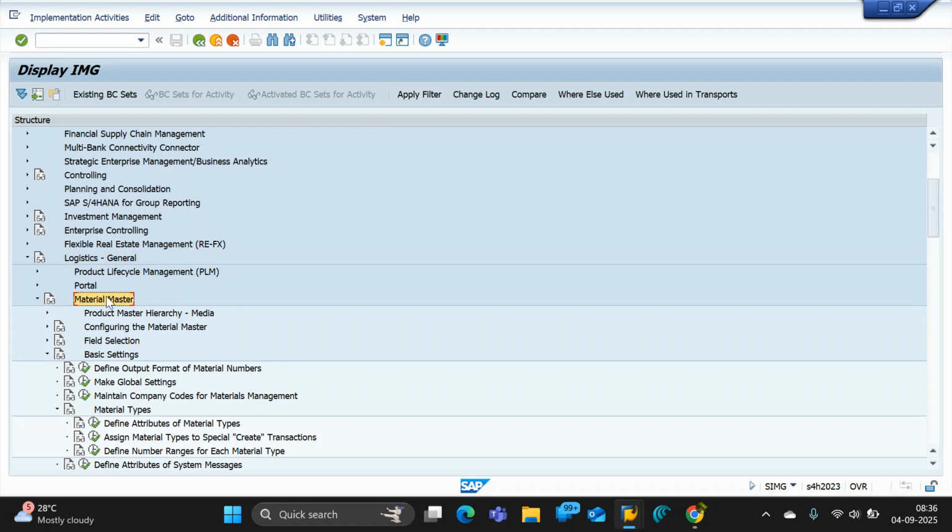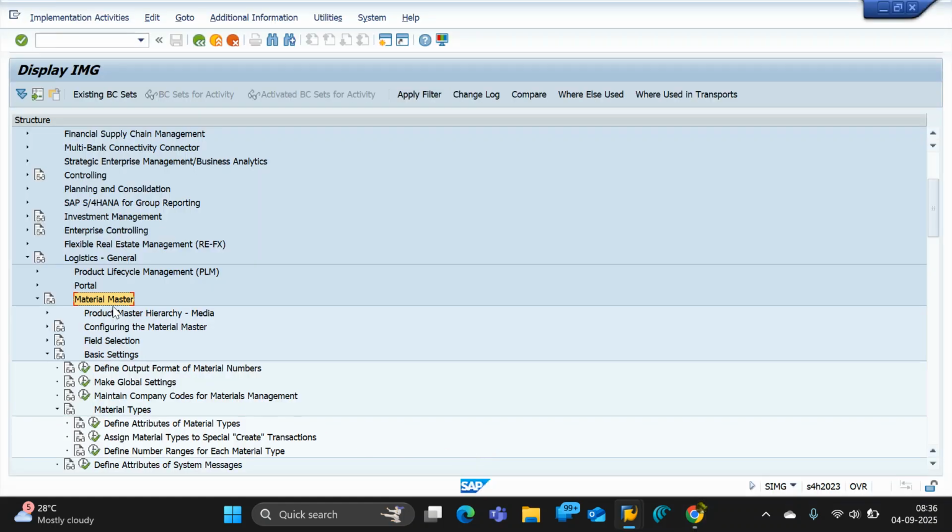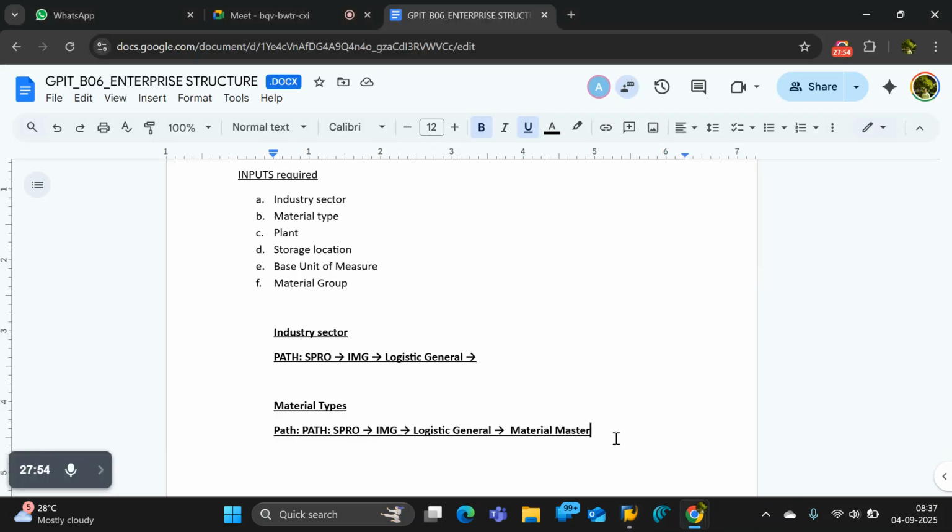Logistic general, material master. In ECC and HANA, it is somehow a little bit different in path also. Okay, material master basic settings,